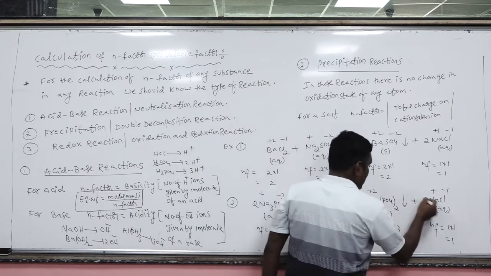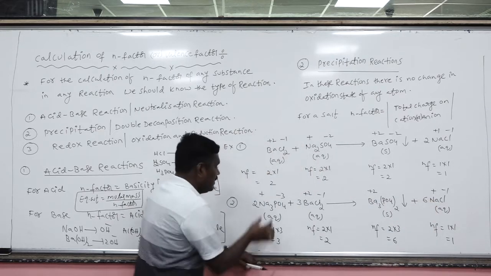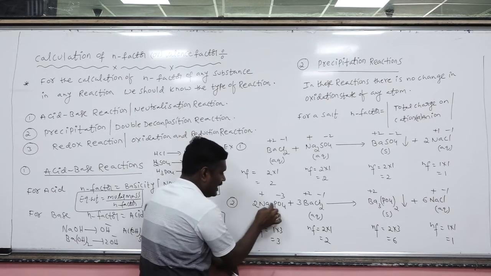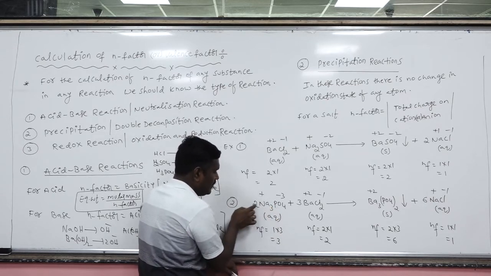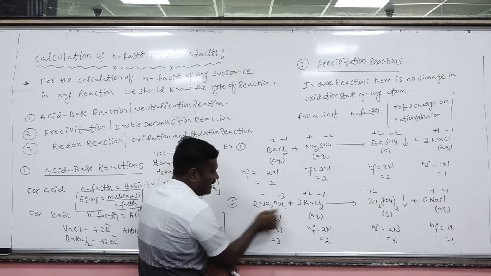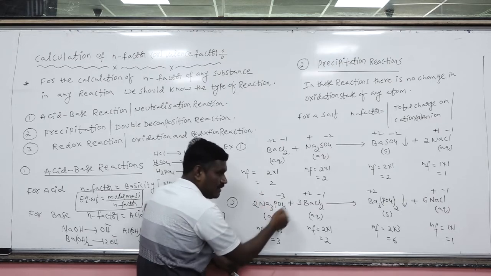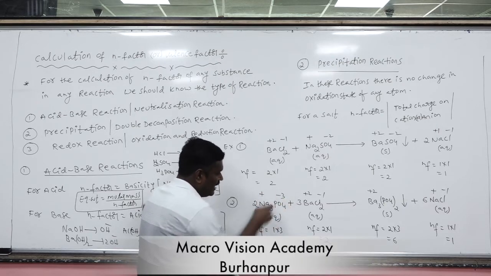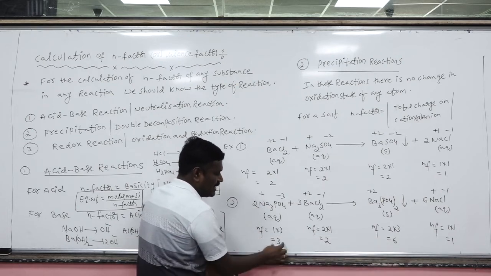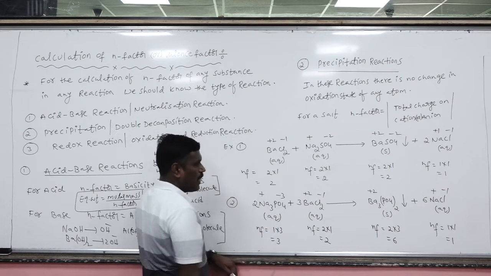So 6 NaCl. Remember, now for sodium atoms, actually we have to take the atomicity. We should not consider the number of moles, that is the stoichiometry. Irrespective of the stoichiometry, we are only dealing with per mole of the species. In per mole of the species, how many atoms will be there? So the total oxidation number change we have to consider for the total species. Are you getting my point?